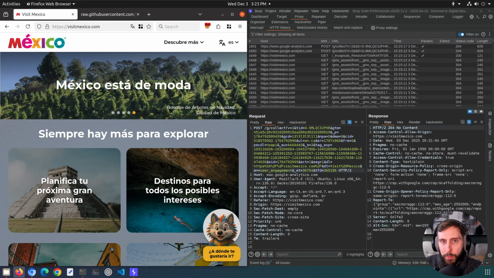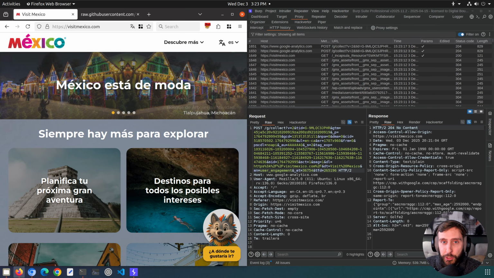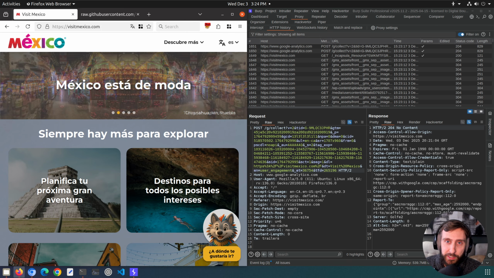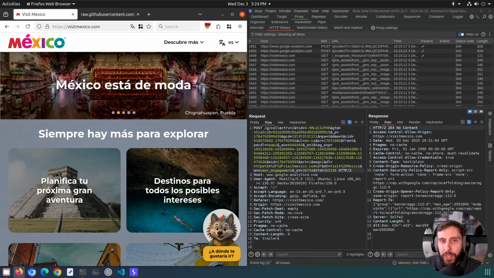If you're testing a web application that's not in your native language, it's a really good idea to translate that application so that you can understand the greater context and the features and functionality that is available to you. Well, you might be able to discover traditional web application vulnerabilities like injection vulnerabilities without the use of translation. You are much more likely to miss contextual and business logic vulnerabilities if you don't understand how the actual application